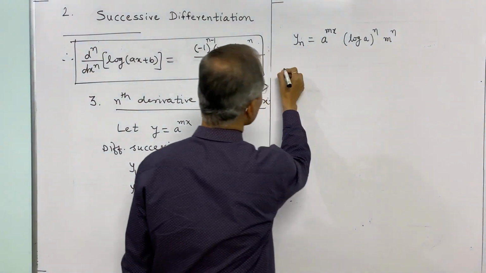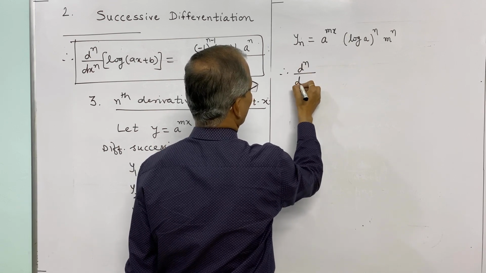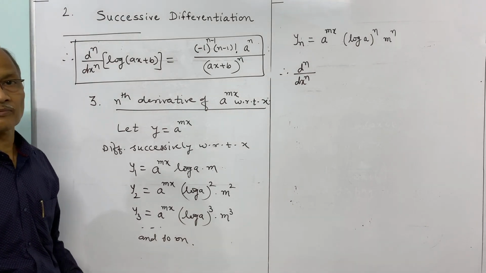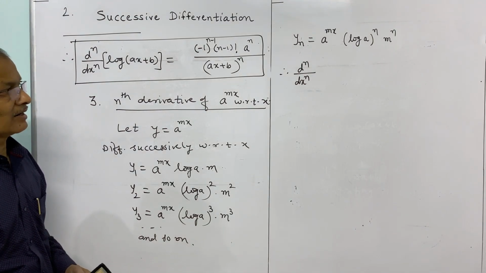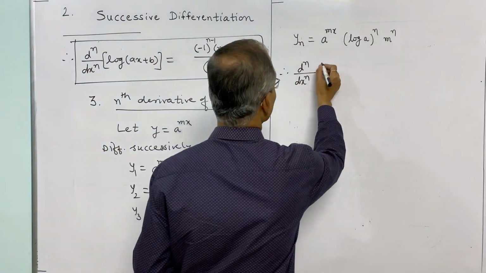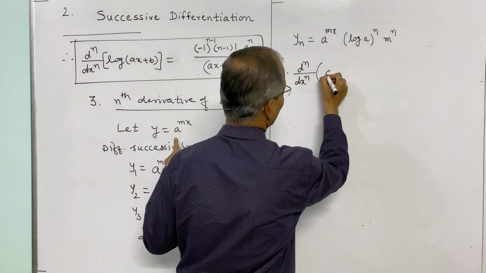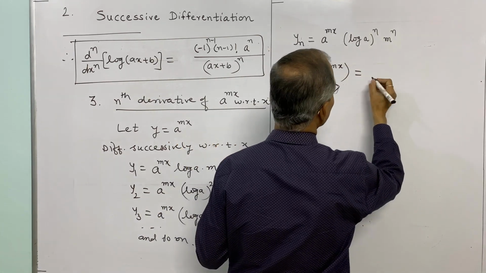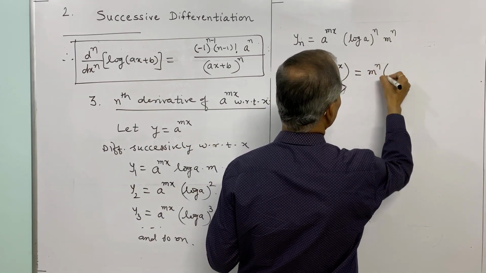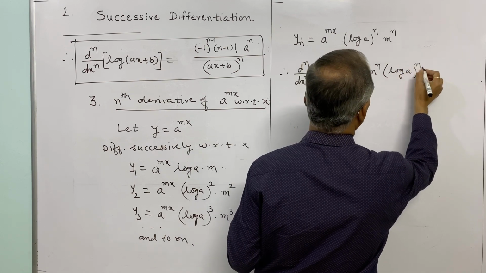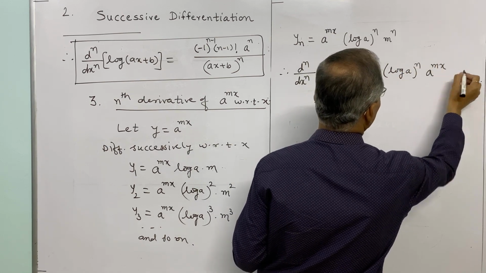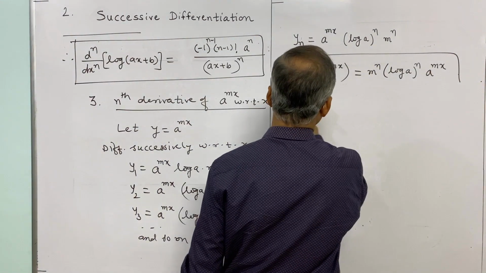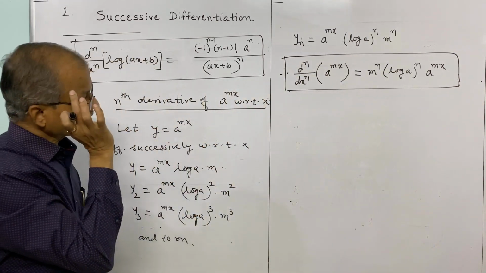That yn means the nth derivative of y, and this is the notation, the symbol, the operator for the nth derivative with respect to x, dn by dx n, and y is a to the power mx and is equal to, we may write the constant functions first, then this will be m to the power n log a to the power n and a to the power mx. So this is our next formula,